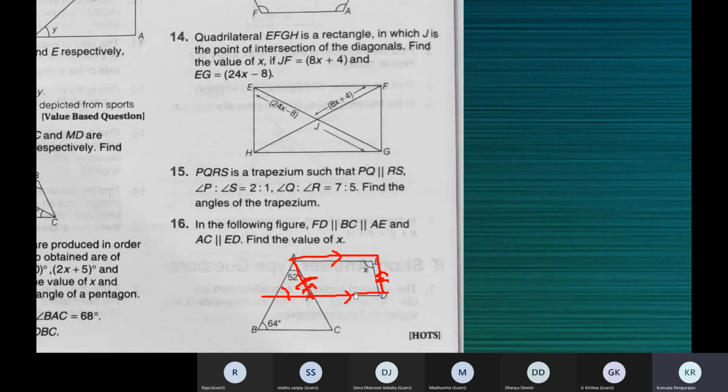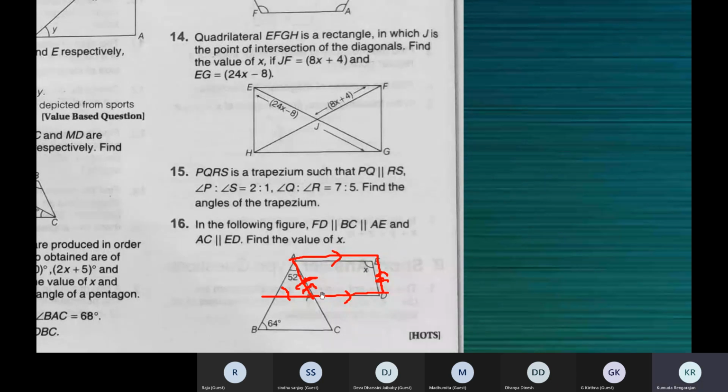So these two lines, you should produce this line like this, and parallel lines, transversal. Corresponding angles are equal. So this is 64. You can see these are given parallel, children. You can read it in the question later. This side is parallel to this side, and this side is parallel to this side. So this one is a parallelogram. This figure doesn't look like a parallelogram, but it is a parallelogram based on the given information. Opposite sides are parallel. Please read the question, it's given. So this figure is a parallelogram.